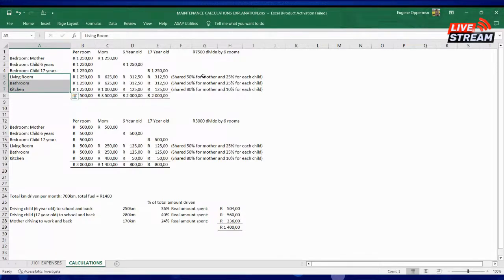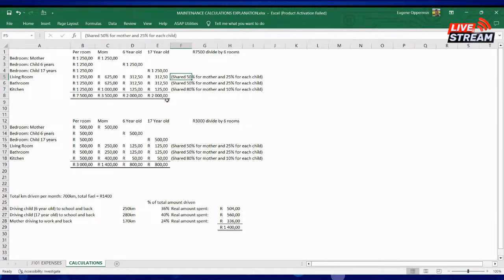Same goes for the bathroom. Not the same with the kitchen. The kitchen, we actually allocate to say mom uses the kitchen about 80% of the time, and the children each only 10%, in order to get to a figure. If we apportion that in order to get a fair amount, to say, okay, right, mom,